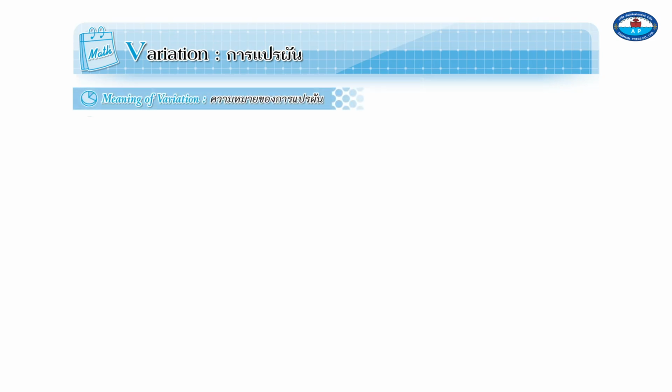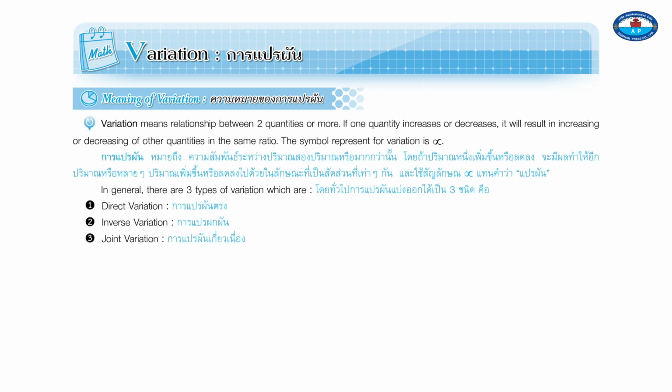Variation. Meaning of variation: variation means a relationship between two or more quantities. If one quantity increases or decreases, it will result in the other quantities increasing or decreasing in the same ratio. The simple representation for variation is... In general, there are three types of variation, which are: